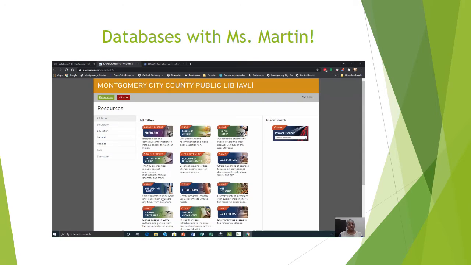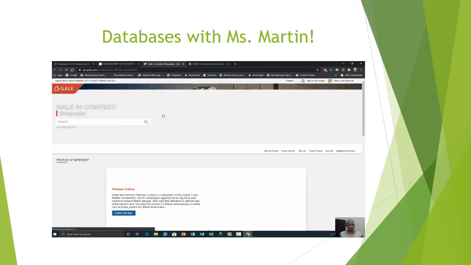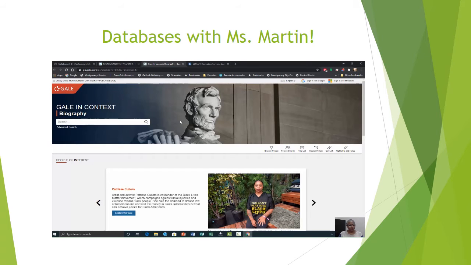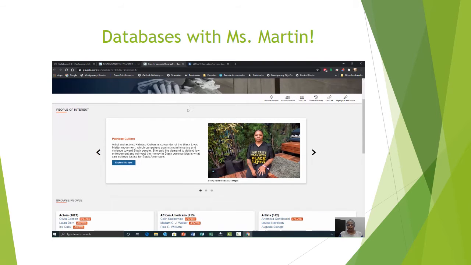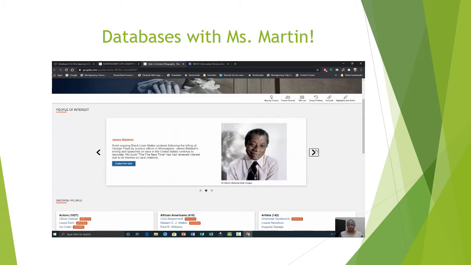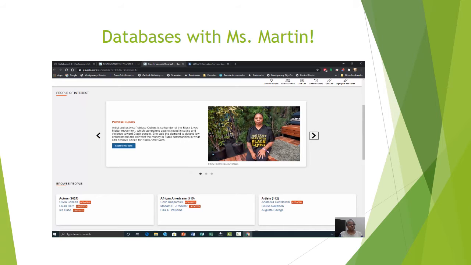The first one we'll take a look at is Gale in Context Biography. This is a biographical informational database which has notable people throughout history. You have people of interest that you can take a look at. And you also have a section that says Browse. This is broken down by various genres: